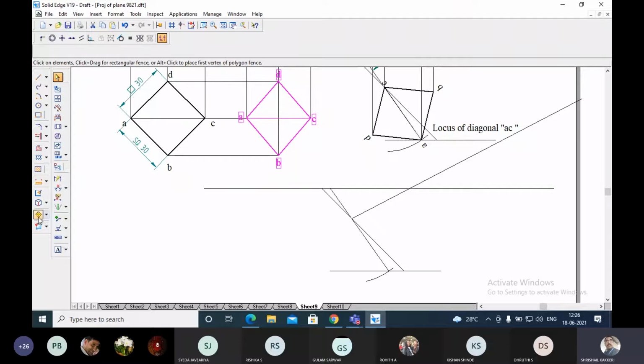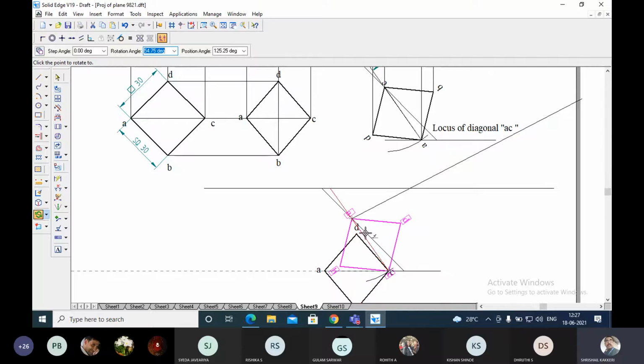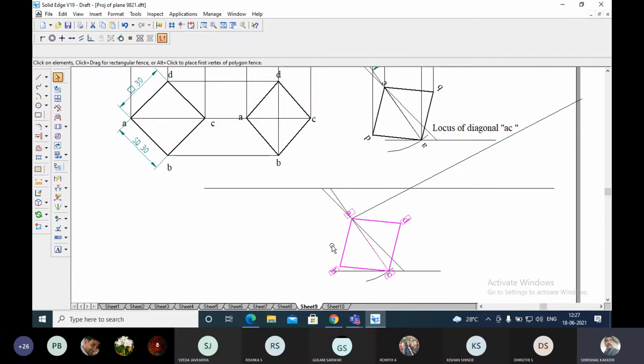Now move either A or C, anyone. Here I'll take C. Whichever is convenient, you can do it. Take C at the end of this one. Enter and go to rotate. Rotate through this end point, and any point on this can be considered, or this point can be at the end of this, whichever you feel like. Any point on this must be considered with this. After this you can remove.